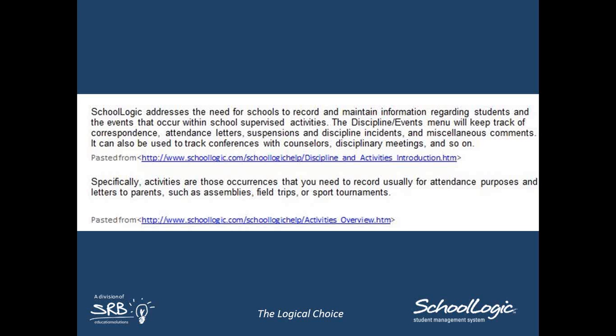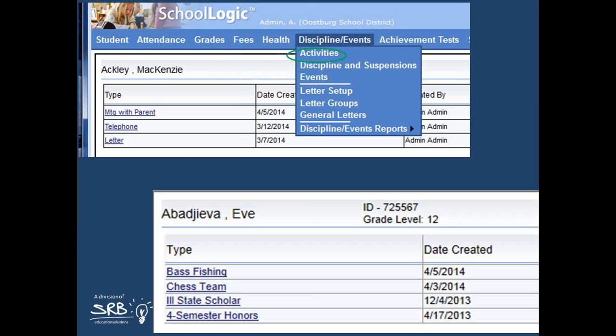Well, with all that, I have to wonder why you would also want to use this part of the package for more discipline. Now, let's dive a little bit further and look at 3 different examples, not necessarily mutually exclusive examples, of how you might put activities to work for you.